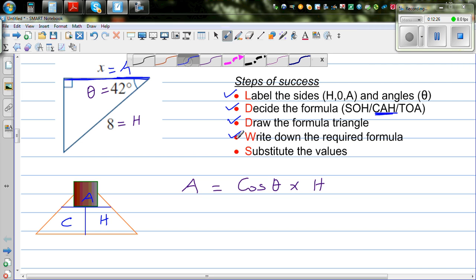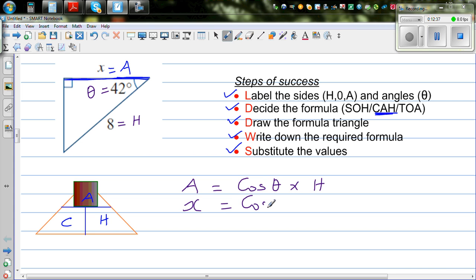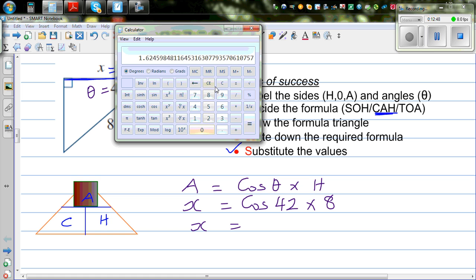And finally, the last step: substitute the values. So what is A? My A is x. So x is equal to cos of theta. What is theta? Theta is 42, times hypotenuse, which is 8. That is x is equal to, get your calculators out. So let me delete this first. So 42 cos. Where is cos? This is cos. So cos 42 is this 0.74, this huge number, times, this is the star key first, times 8 is equal to